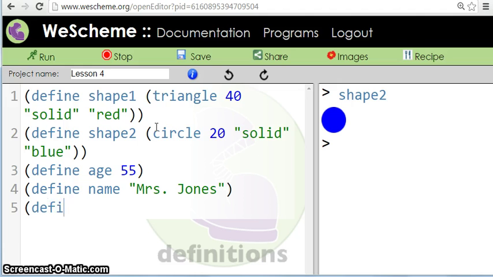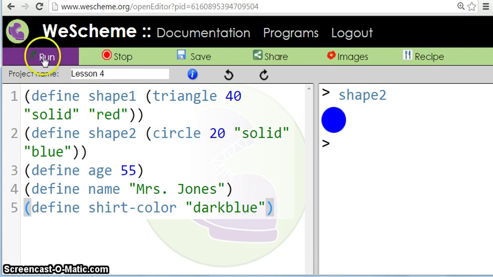Then thirdly, I want to define a function called shirt color. Notice there's a hyphen there and no spaces. And I want to define shirt color to be whatever color shirt I'm wearing right now, which let's say is dark blue. Notice that's one word. Now when I click run,